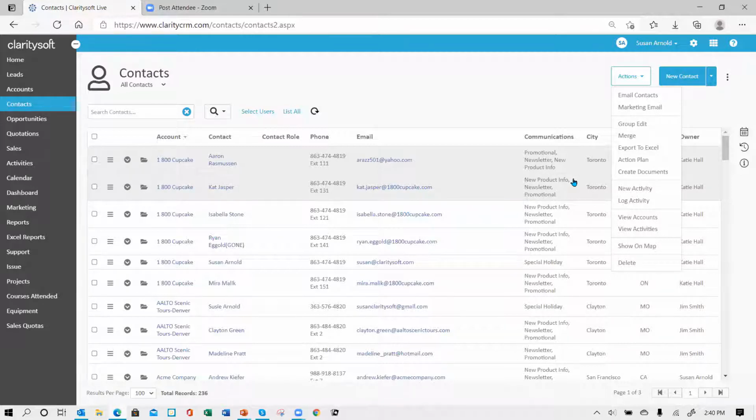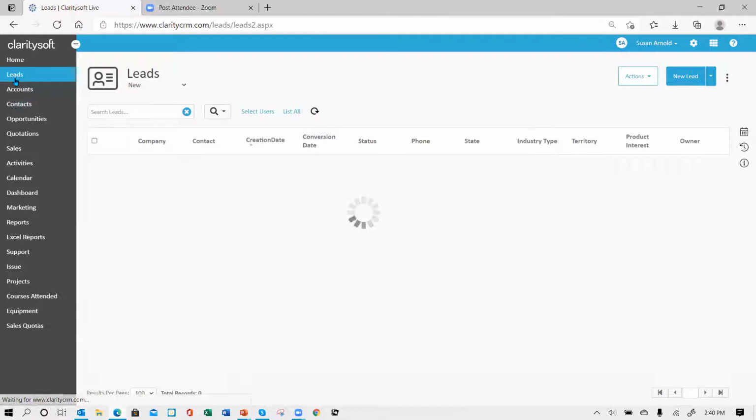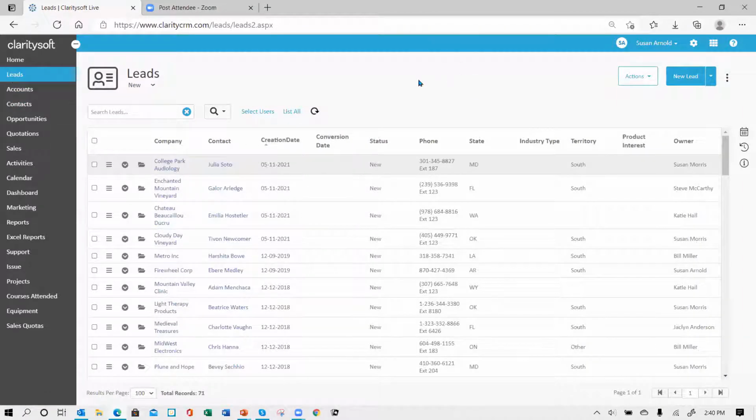There are action plans able to connect or add to the module. You can do them in opportunities, okay? You also can do them in the leads module. So if you're using the leads module, where this can be helpful is if you get a new lead in or a group of new leads,